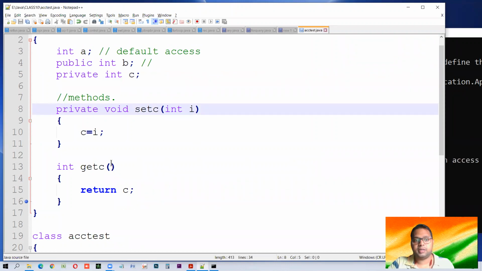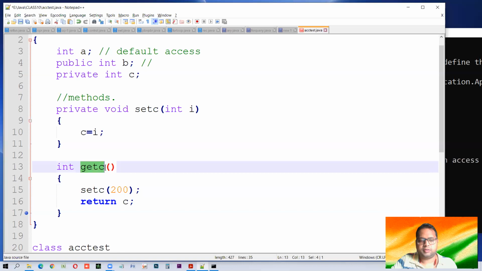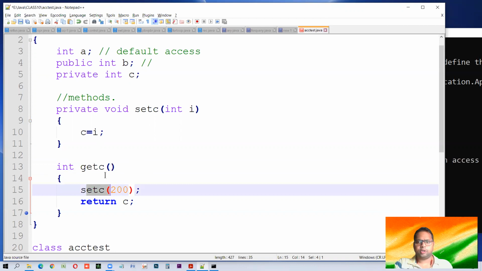What else can be done? Set C 200. What we are doing is calling the setC function in a function of the same class. getC is a function of the same class, and there we are calling the setC function, and setC is private.